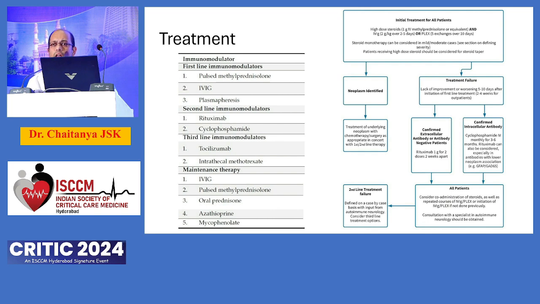First line drugs are steroids, which is a pulse dose of methylprednisolone up to 1 gram per day, 3 to 5 days is the treatment. If the illness is severe, as I said, based on the mRS score or the CAS score, then you should combine it with IVIG or plasma exchange. There are studies where they delayed initiation of plasma exchange and then found the recovery rates poorer. Once you start treatment, you need to assess for the outcome at the end of 2 weeks. And if there is treatment failure or no response to your first line treatment, then you'll have to escalate to second line.